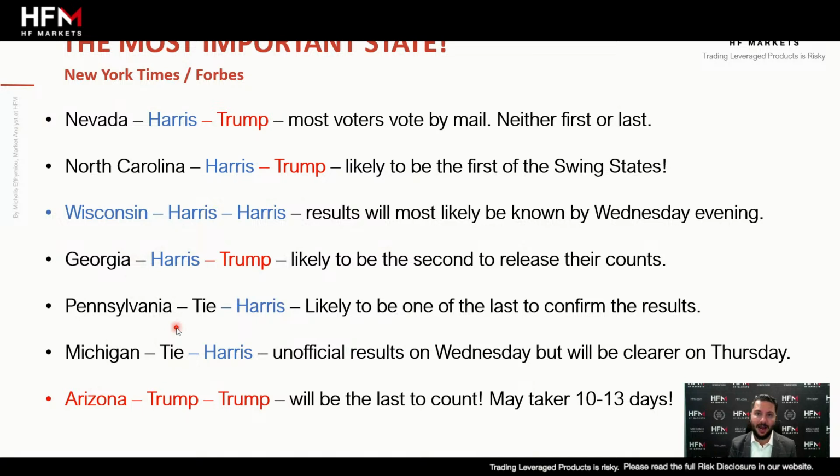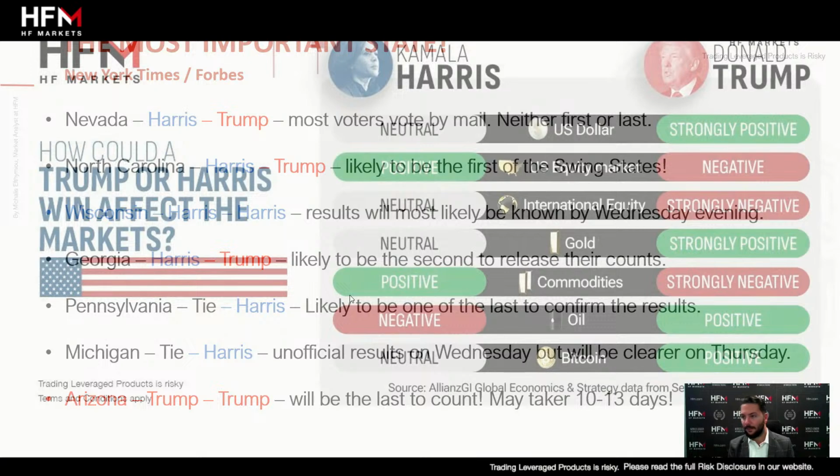it's, for example, Harris again, but then Pennsylvania's Trump, then it becomes, again, a very, very close tie. And that's when other states start to become more important, such as Georgia and such as Arizona, especially Arizona, which can take quite a long time for those votes to be counted.